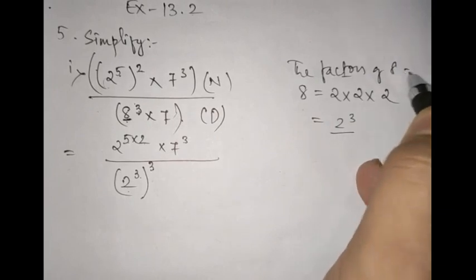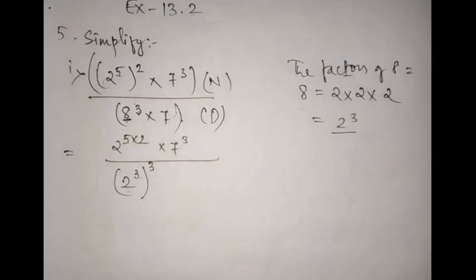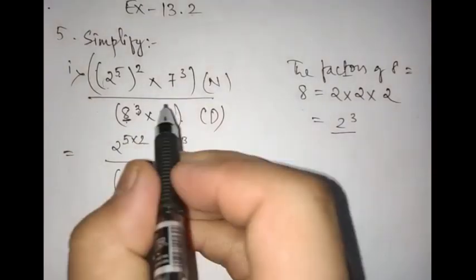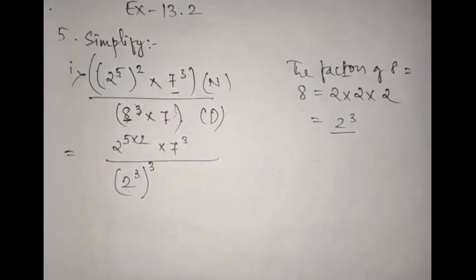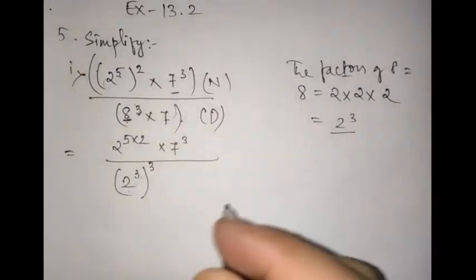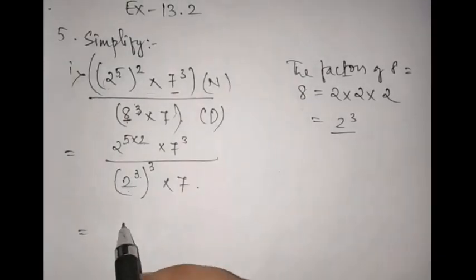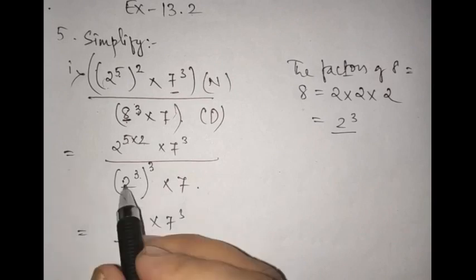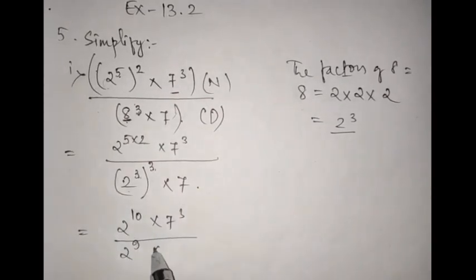That's how we have found the factors of 8. We have already done this type of question. The number which can be expressed in its factor or exponential form, you have to write that. 7 we cannot express because it is already in prime form. It is a prime number. 8 is not a prime number, so we will be converting that into prime form. Alright, then what remains? 7 cube is written, then 7. Now multiplied, 5 2s are 10 into 7 cube. Again one step I'm doing here. 3 into 3 is 9 into 7.